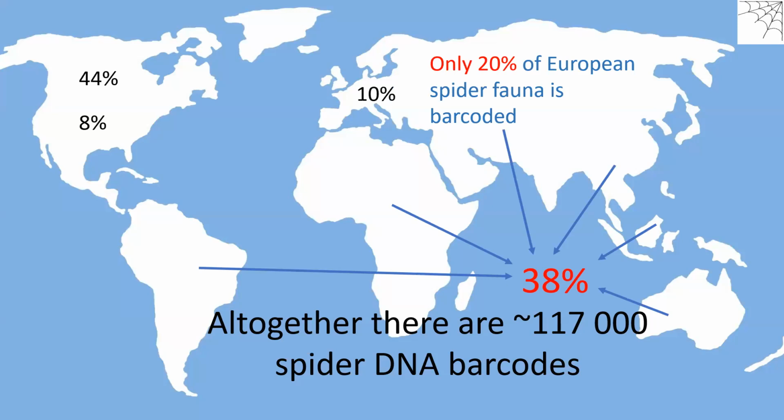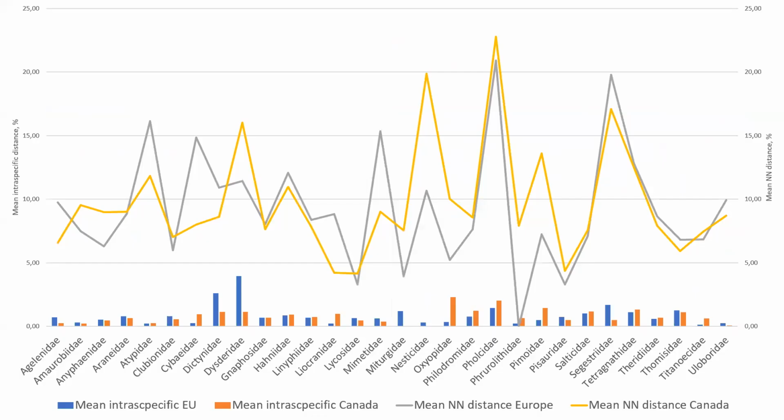So probably, if you're interested, that's how much we have from around the world. So there's a lot to be done again. And this is a slide where I was talking about how DNA barcodes actually discriminate quite nicely spiders, what we believe to be different species,